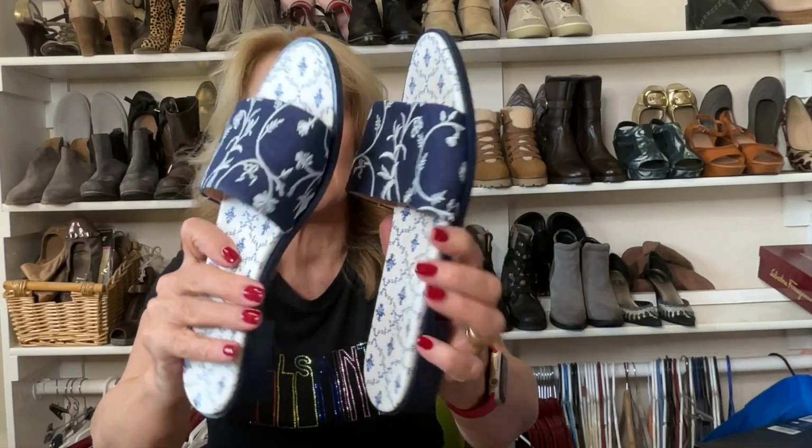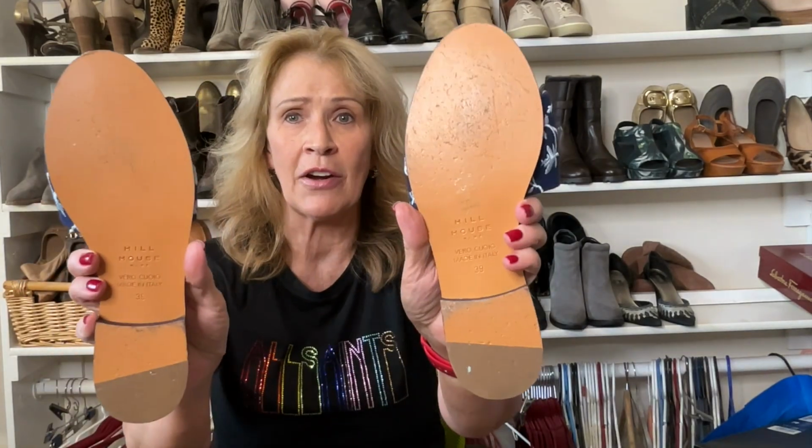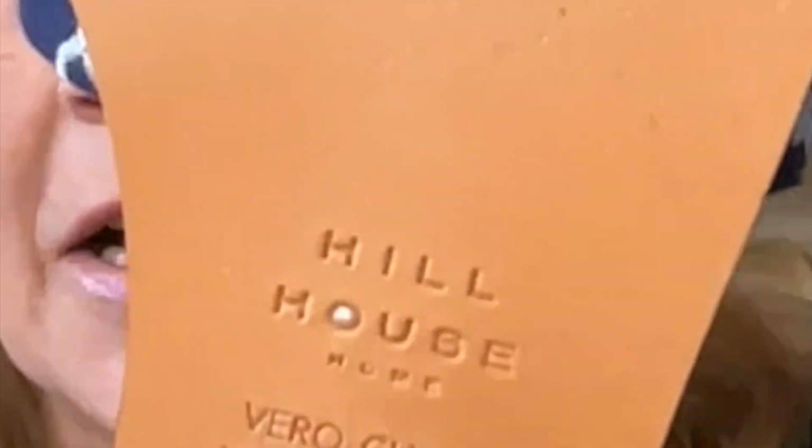They look like this, and they are in very good condition. This is what the soles look like. These are by the brand Hill House. They are a size 39, and they do have a padded footbed, and I have sold Hill House